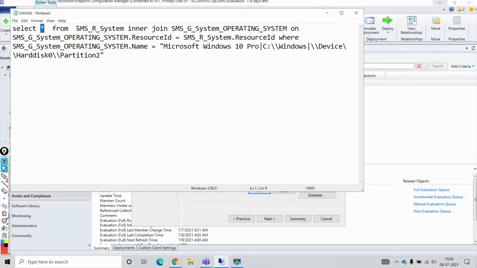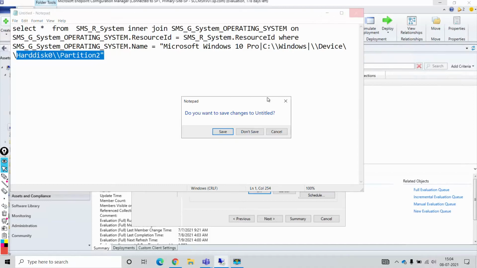Selecting all from our SCCM server, and is joining a statement where we are requesting the operating system, where the operating system resource ID, and the name, where the name should be Microsoft Windows 10 Pro under our C Windows device, hard disk, and partition 2. So this is the query it is searching for.